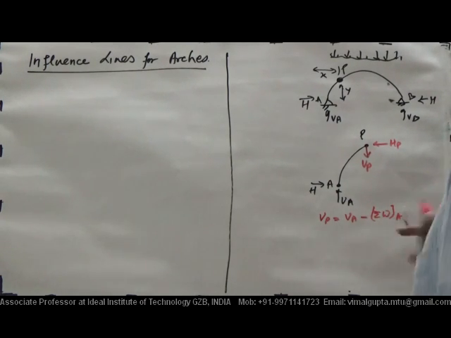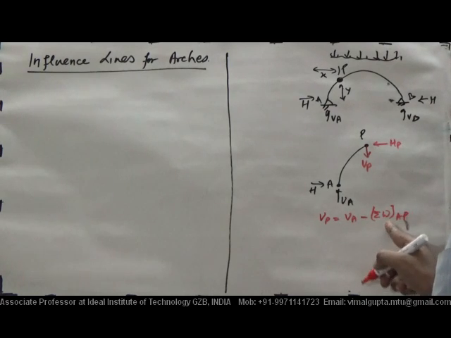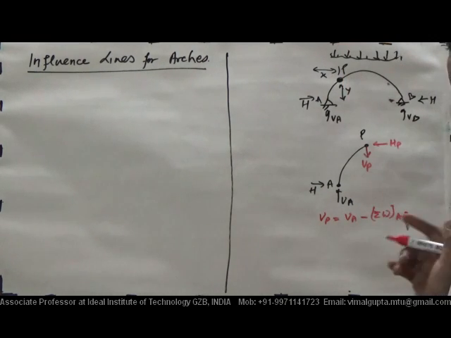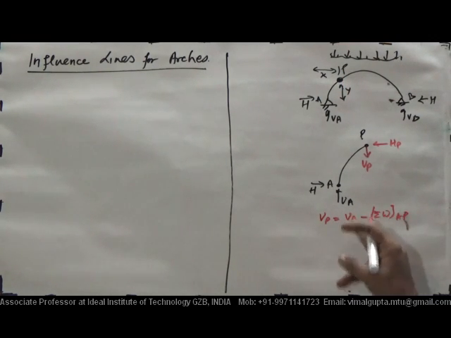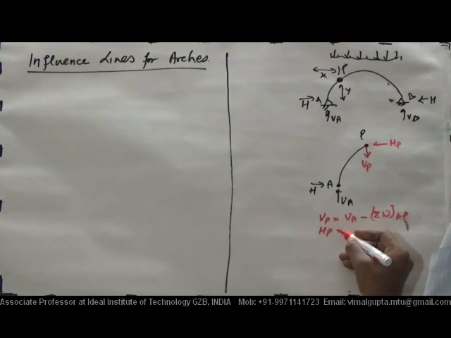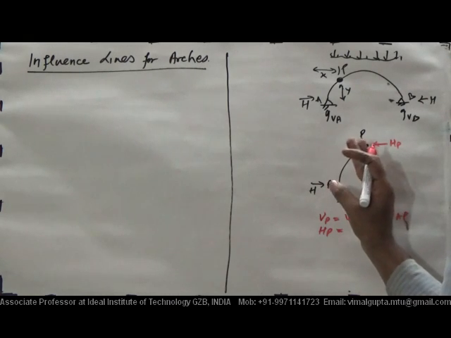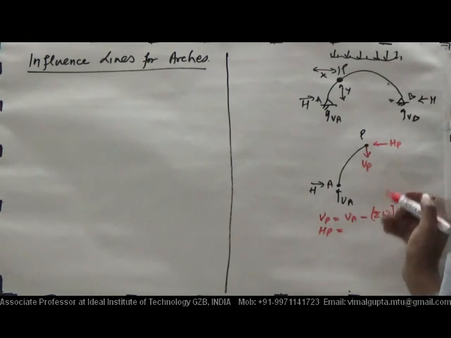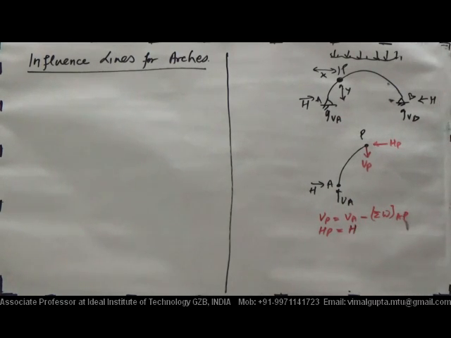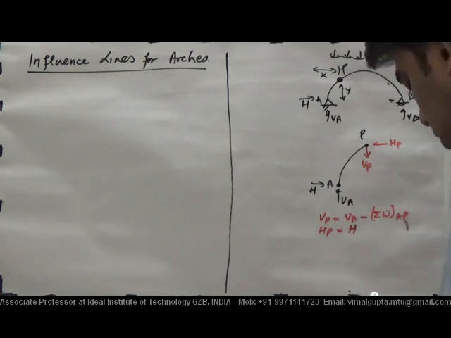If this load W on AP, due to the external load on the segment AP, is 0, then the value will simply be VA. And for HP, due to the summation of all forces along the X direction being 0, the value of HP will always be H. So these are the forces acting at that point P. Okay, now